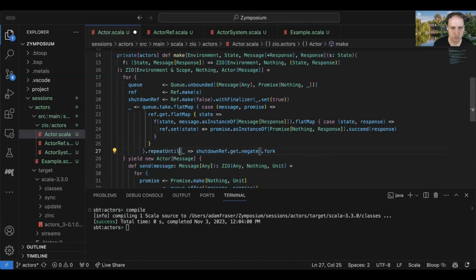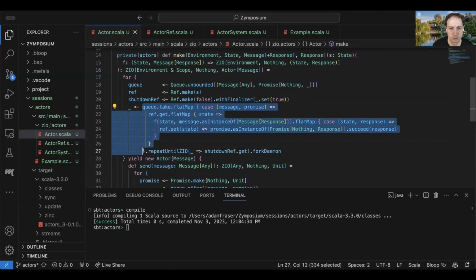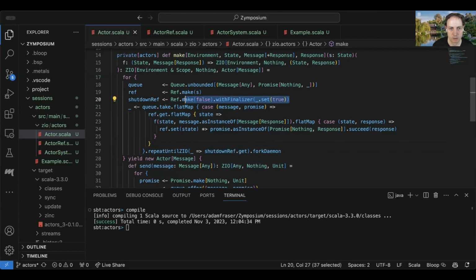Let's just do this thing. Repeat. Okay, so now we're going to take this whole logic and do it over and over again until this thing is true. And this thing is going to become true when this finalizer is run.